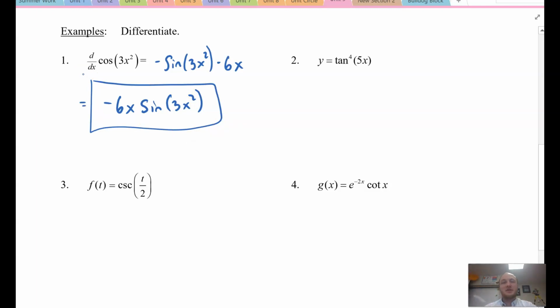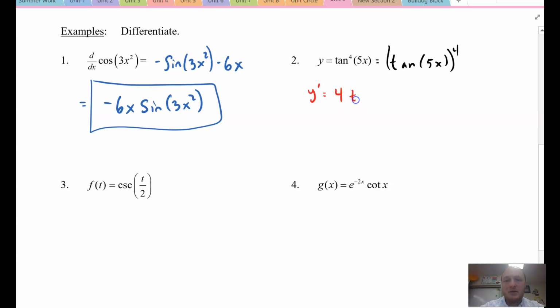All right, number 2. y is equal to tangent to the fourth of 5x. And this is just something that they do with trig functions. So I have tan of 5x raised to the power of 4. That's really what we're looking at. Okay, and if we want the derivative of this, if we want y prime, this is totally chain rule, right? Power rule, so 4